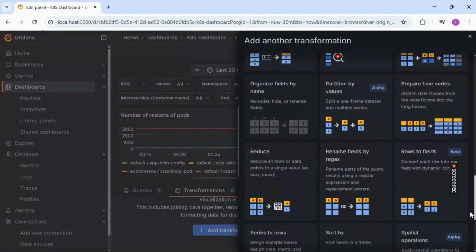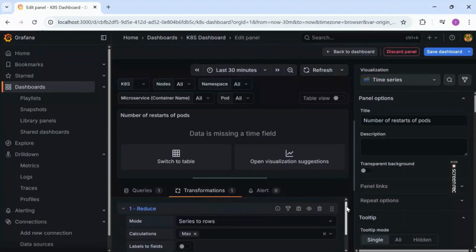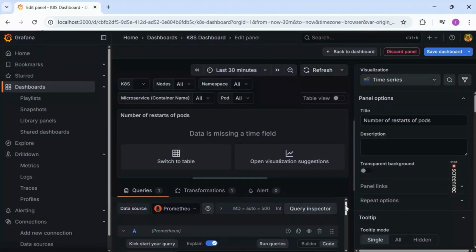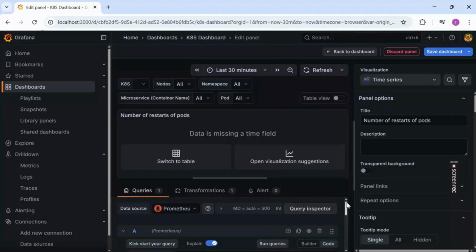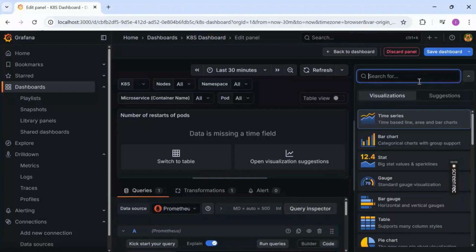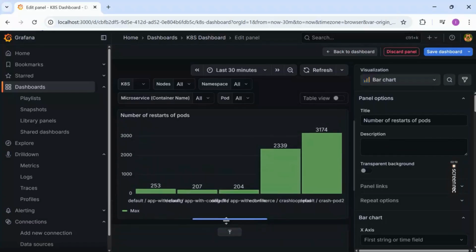The graph now shows only pods with more than 100 restarts. Crash-pod 2 and crash loop-pod immediately stand out at the top with thousands of restarts. To focus only on the most critical pods, change the threshold from 100 to 1000. Now only crash-pod 2 and crash loop-pod remain. Click Save